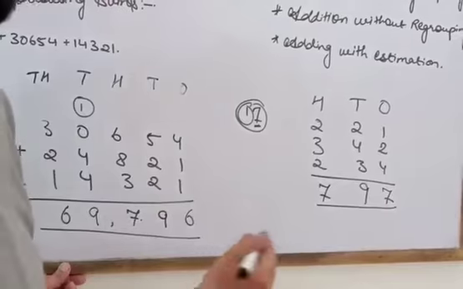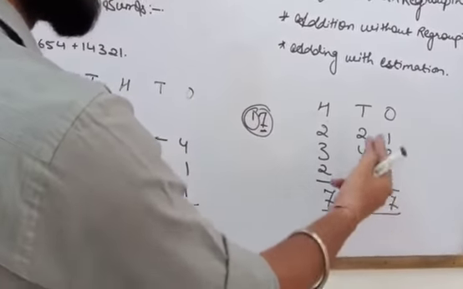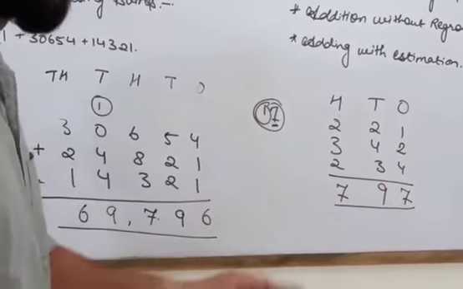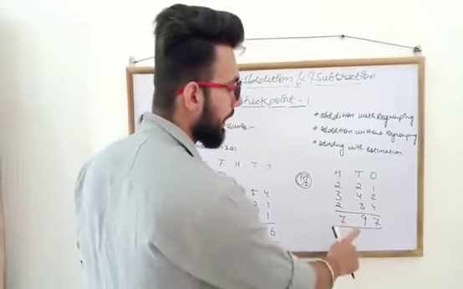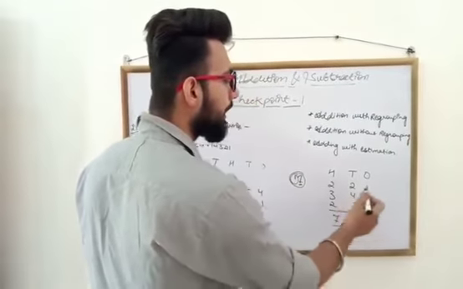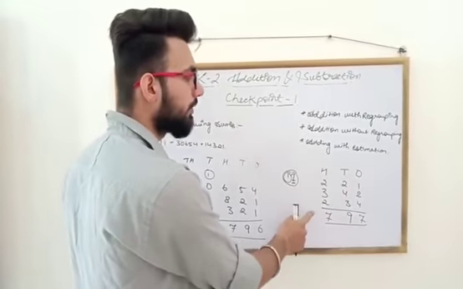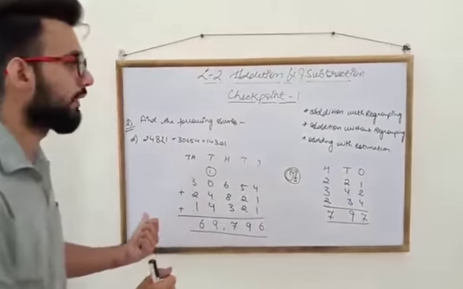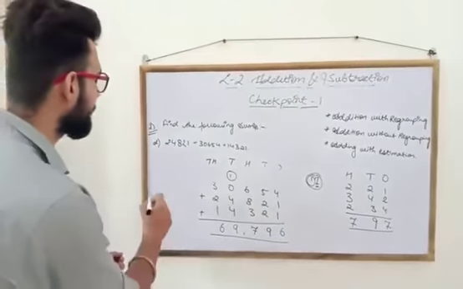As you can see here, the addition of all the 3 numbers in every place didn't exceed 9. The number which we got was maximum 9, but it did not exceed 9. So in this manner, we did not carry any number to any other place. This is what is addition without regrouping, and the earlier one is addition with regrouping. So let's move to the next topic, that is addition with estimation.